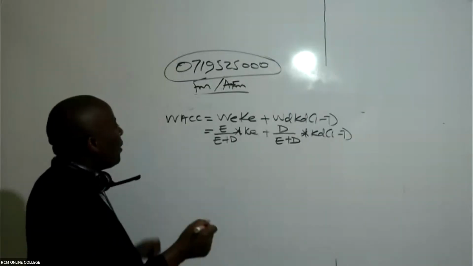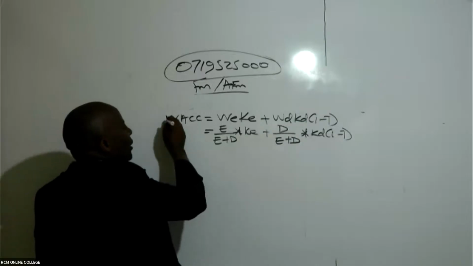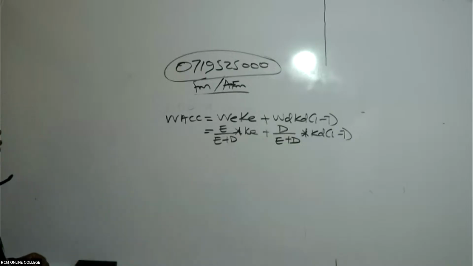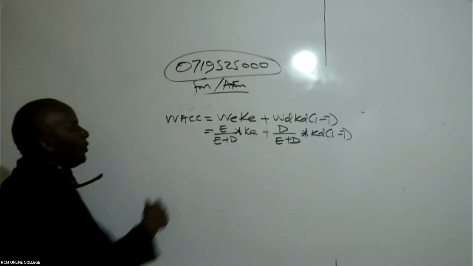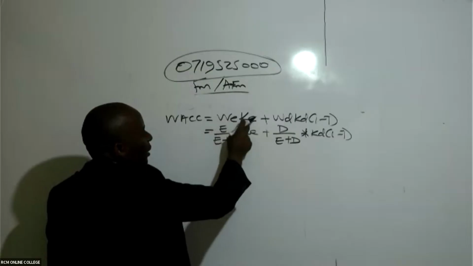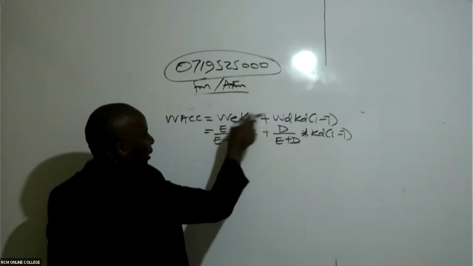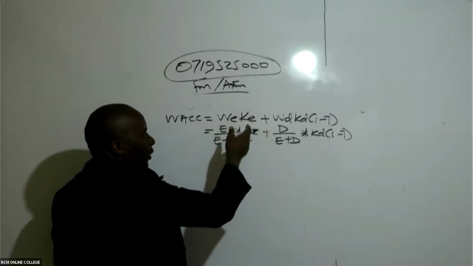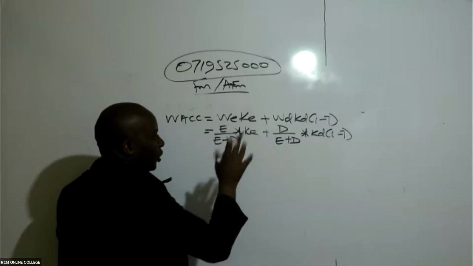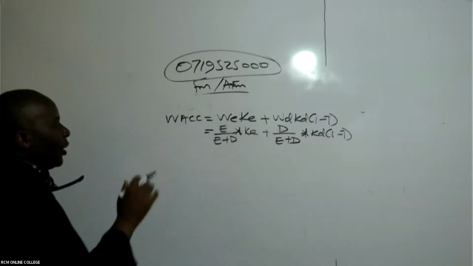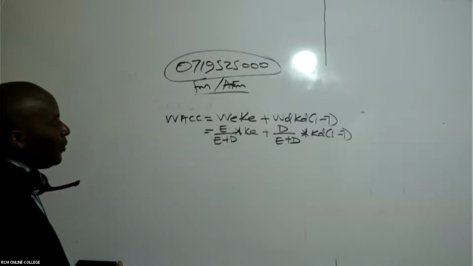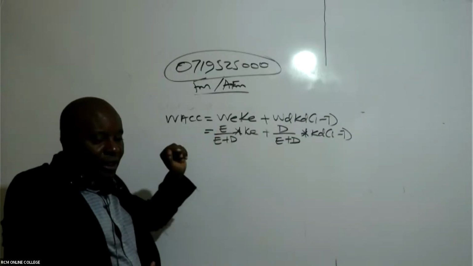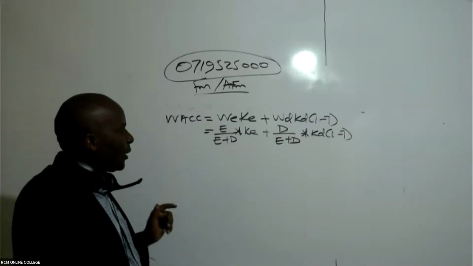So in this case, it will be very important for you to write this in full. This stands for weighted average cost of capital. Then we have here weight of equity. This is cost of equity. Equity holders are the owners. So you're looking at cost of issuing ordinary shares. We're looking at cost of, in this case, retained earnings. What basically stands for the owners here. All right. Whenever you see this E, this stands for equity. This stands for debt.